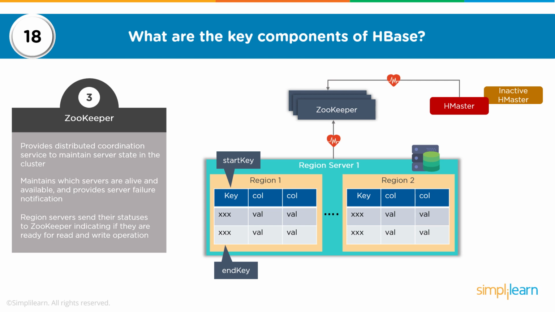Now Zookeeper, which is a centralized coordination service, is keeping track of all the servers which are alive and available, and also keeps track of their status. For every server which Zookeeper is monitoring, Zookeeper keeps a session alive with that particular server. HMaster would always check with Zookeeper which region servers are available and alive, so that regions can be assigned to the region server. At one end, you have region servers which are sending their status to Zookeeper, indicating if they are ready for any kind of read or write operation. And at the other end, HMaster is querying Zookeeper to check the status.